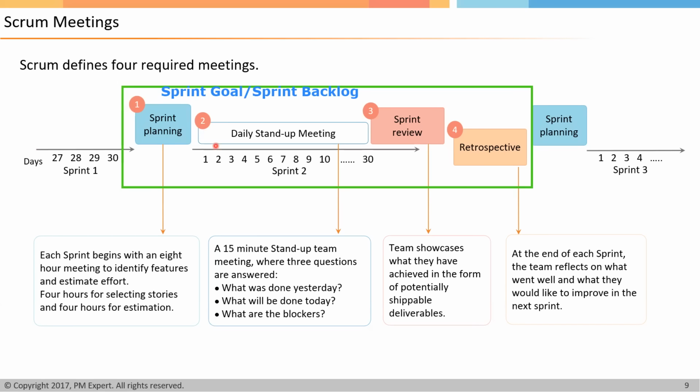The purpose of this daily stand-up meeting is to assess the progress of the team towards the sprint goal and adapt if required. This daily stand-up meeting is time boxed to 15 minutes. It's a 15-minute meeting in which the team meets at the same location at the same time to discuss three important